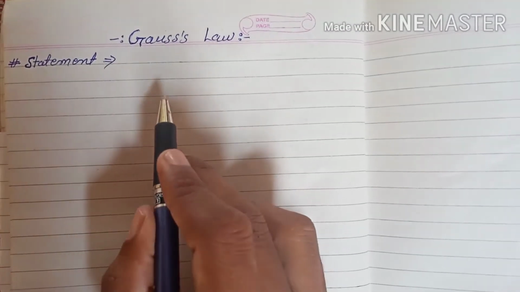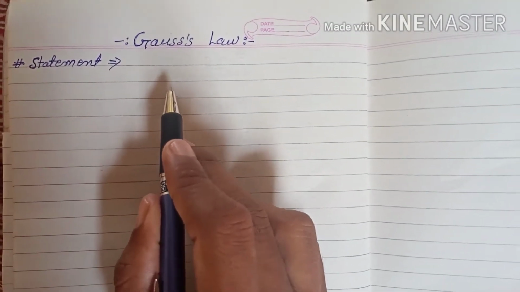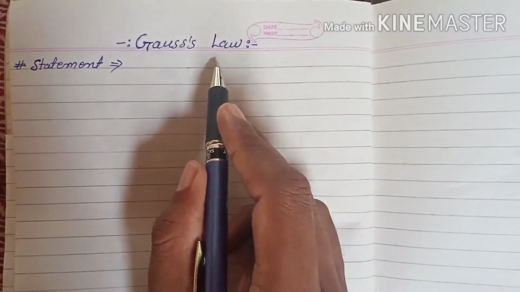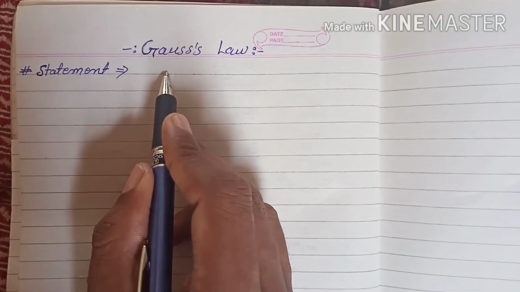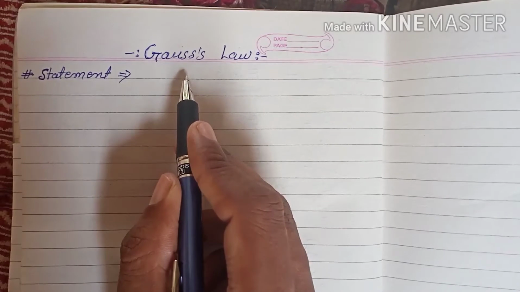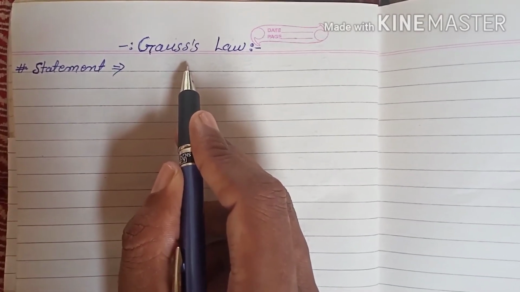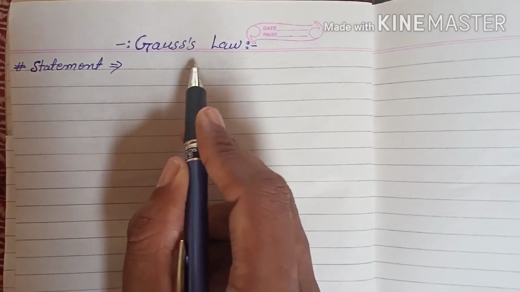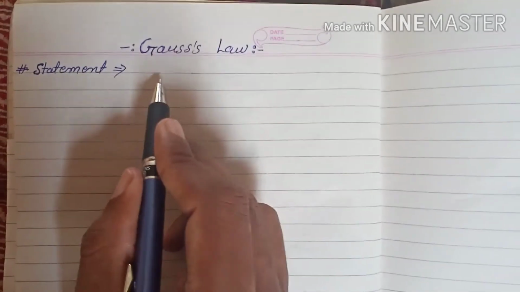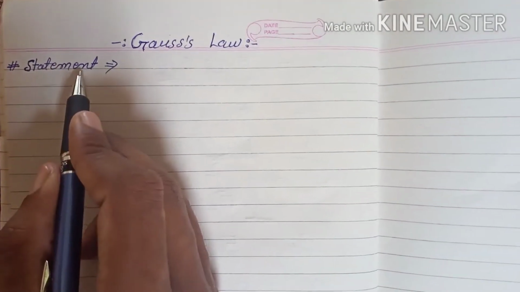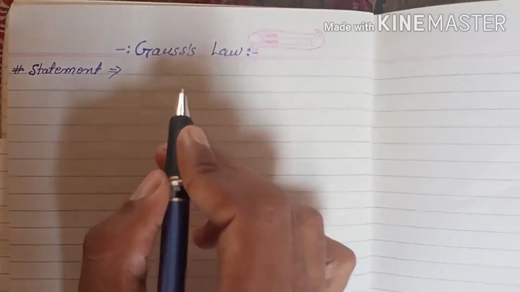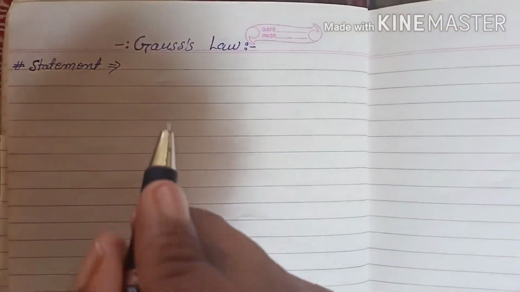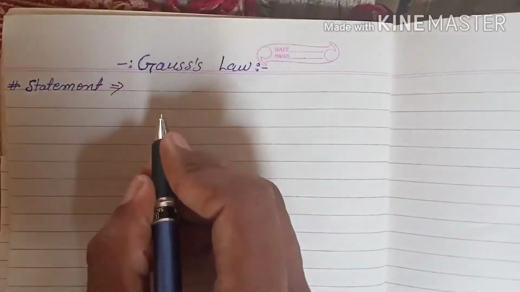Students, we have to read today Gauss's law. Gauss's theorem is the most important theorem in class 12 physics. So we have to read today Gauss's theorem. Now we write the statement. What is its statement? It states that the total electric flux,